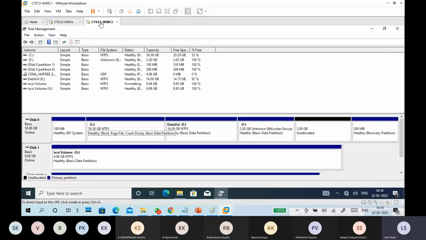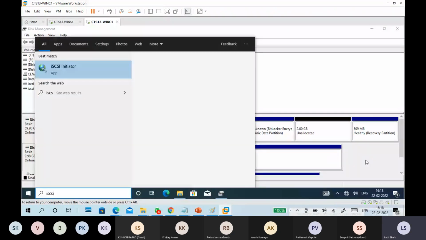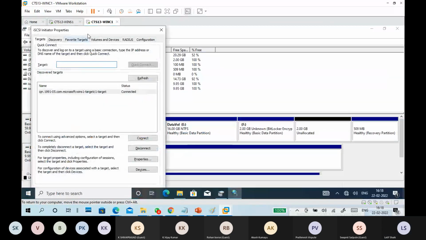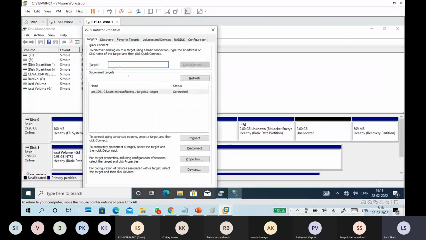So when I make a request from C1, I go to the iSCSI initiator and put the iSCSI target server. The target server receives the request, understands who is requesting and which target is assigned for the requester, and it is given to us. So this came here. You can connect and disconnect. If you disconnect it, this will be gone.